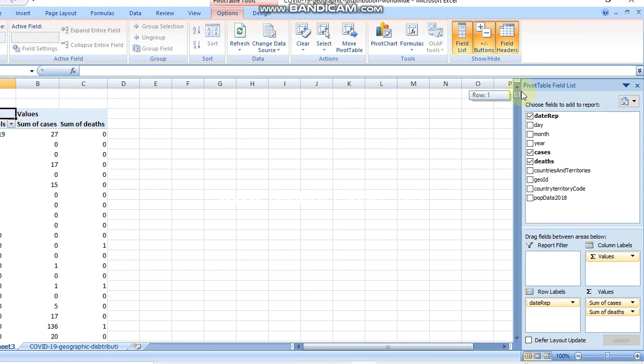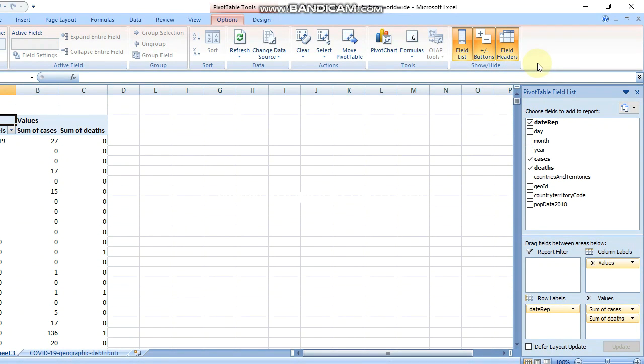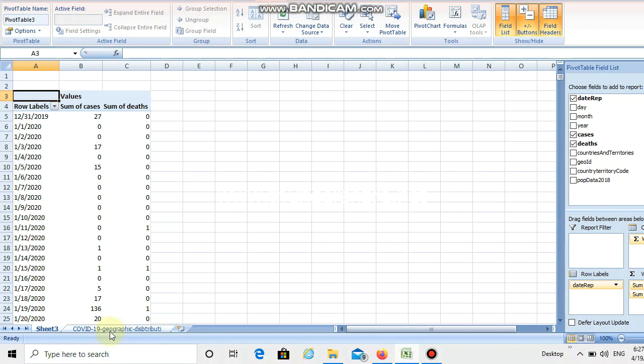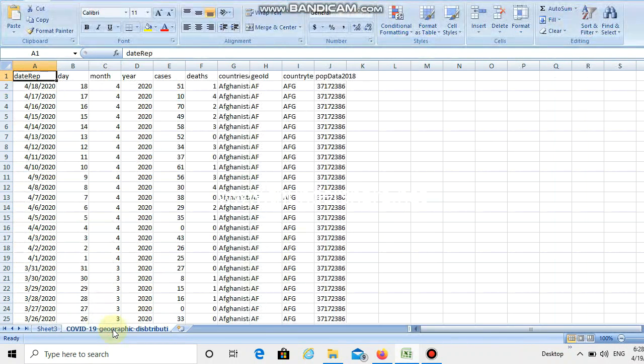So friends, pivot table is a very useful and easy tool. I have taken huge data here to analyze, and we could analyze within a few seconds. Please try it. In my next video, I'm going to show you how to do auto sum. That is also very easy and tricky. We will see in the next video.